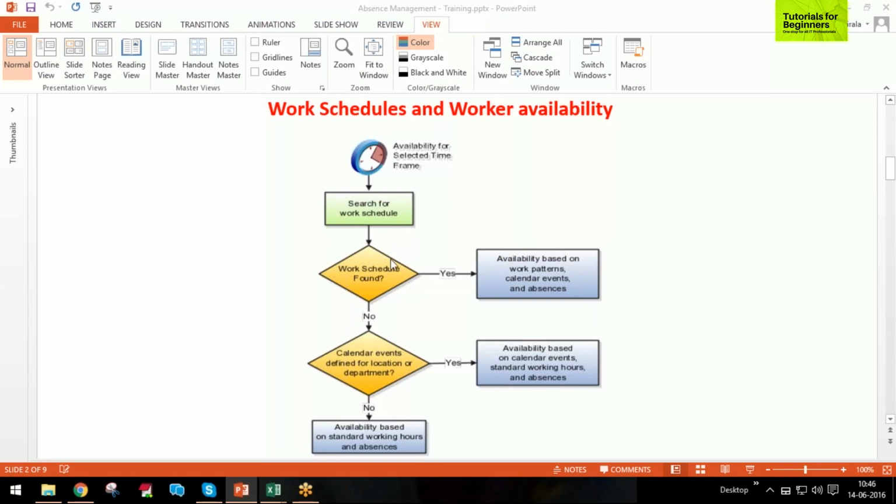If it finds one, then it will check if there is any exception of the calendar events, like we have holidays defined in our system specific to a country, specific to a location. The system will check if there is any exception, then it will consider that. Okay, and if that exception is there, then based on that it will arrive at the